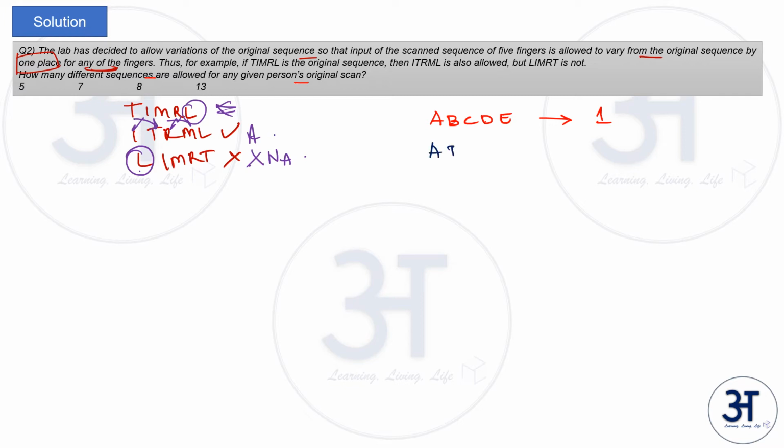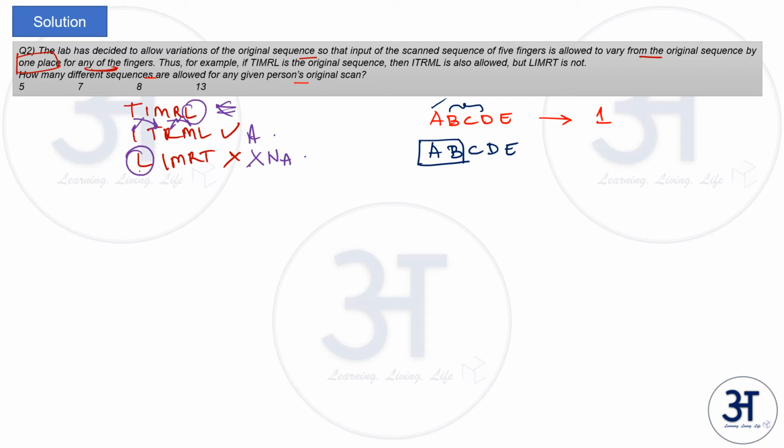Like if A, B, C, D, E is taken, A, B can change its place. Meaning A, B can become B, A. Or if you want to change B's place, one more possibility is A will remain in its place, B, C will exchange. There's no other possibility for B to shift its place. Either it should shift with A or C. Once you understand this, let us see all the possibilities.